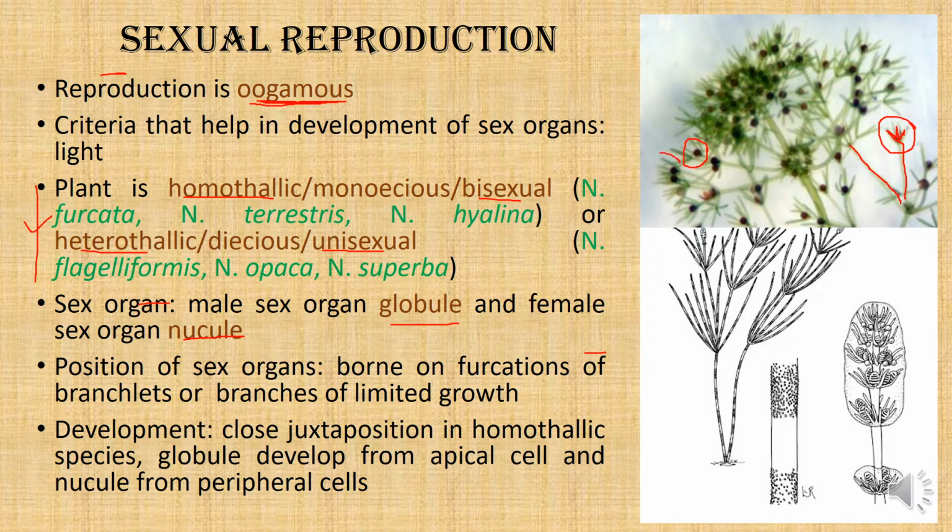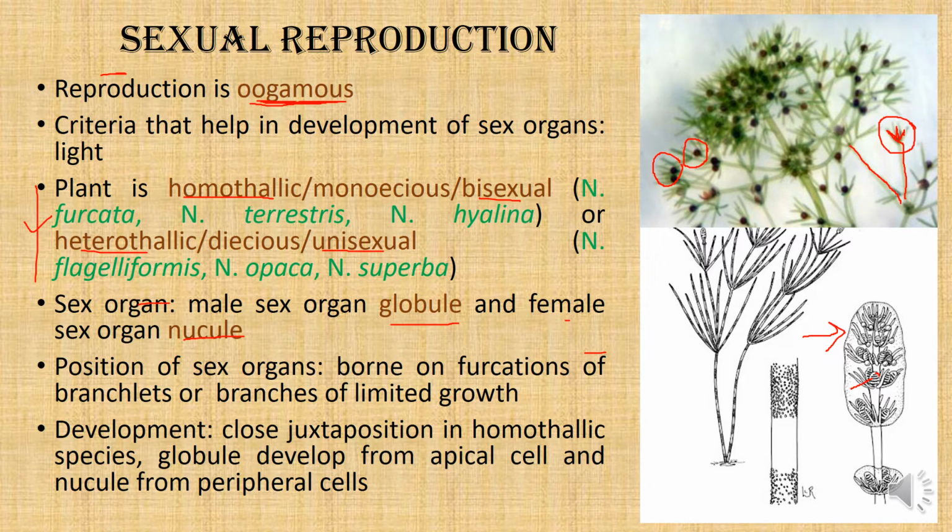These black colored bodies are all sex organs that are born on the furcation. Here there is a detailed diagram, where we see that these are the nucules, and the globule is